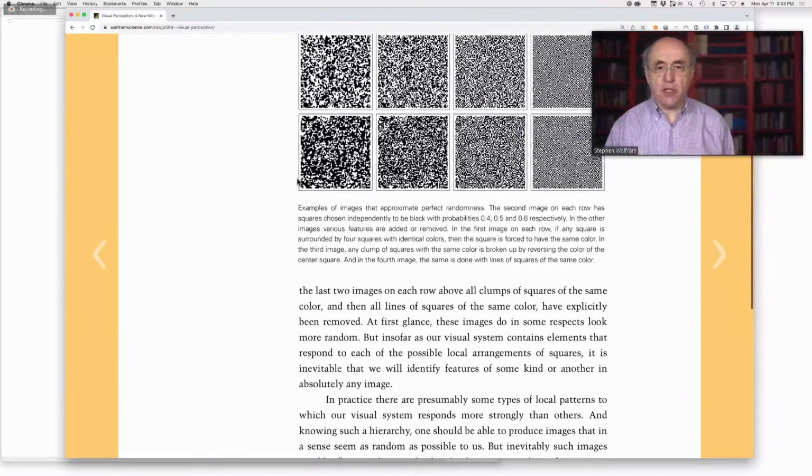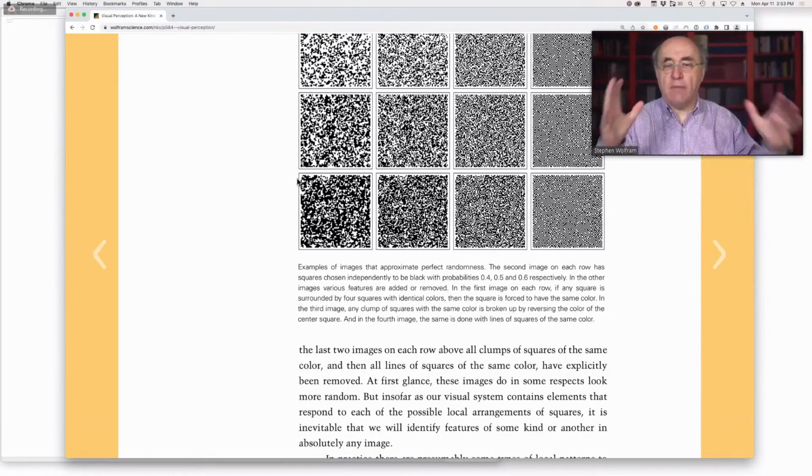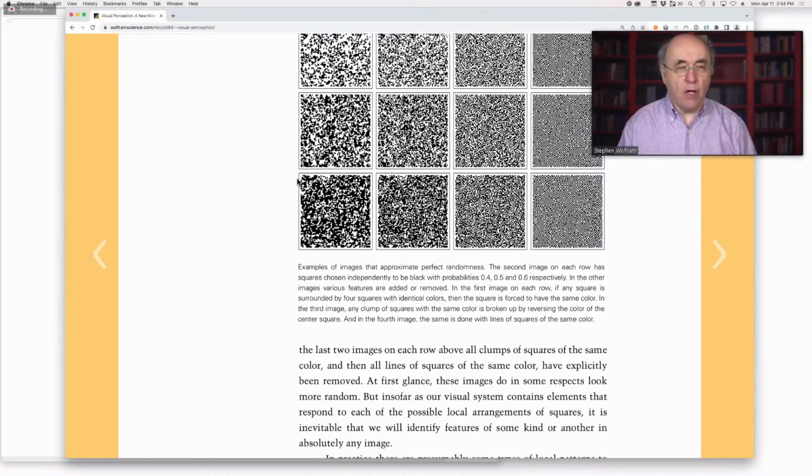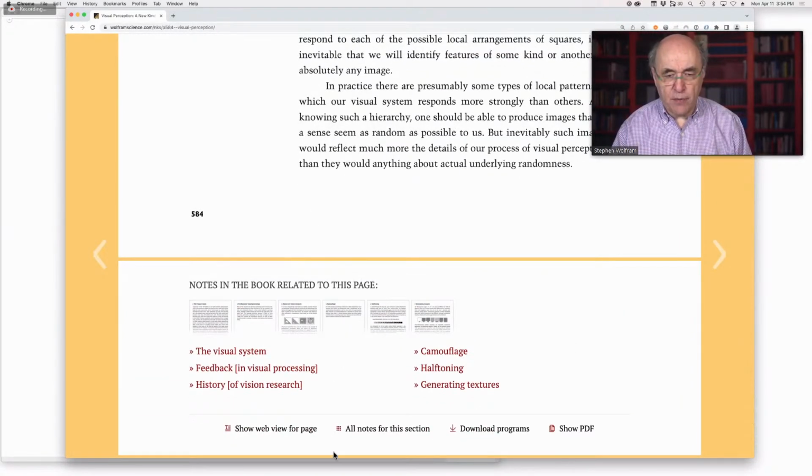Okay, so the point of this section on visual perception is to give a characterization of what kinds of things, when we look at patterns like cellular automaton patterns, our visual system will readily pick out as, oh, that's simple, and what our visual system will miss. What might be a true regularity, but our visual system misses it. And for that, we have to have this model of the visual system. So I think there are quite a few notes in this section.